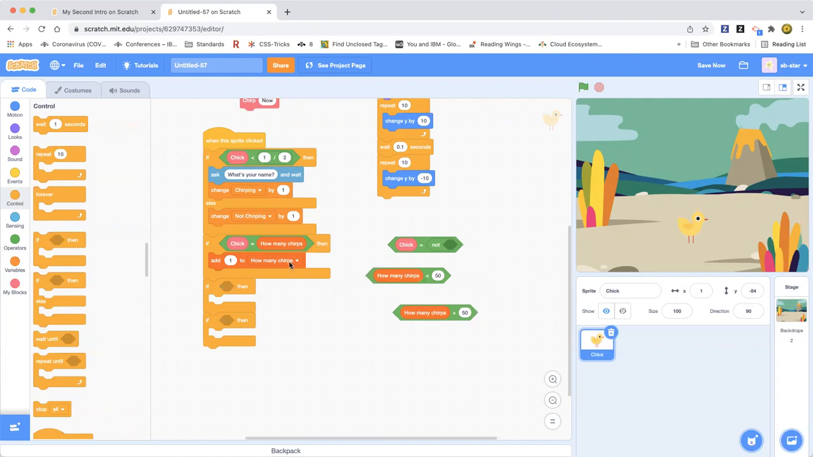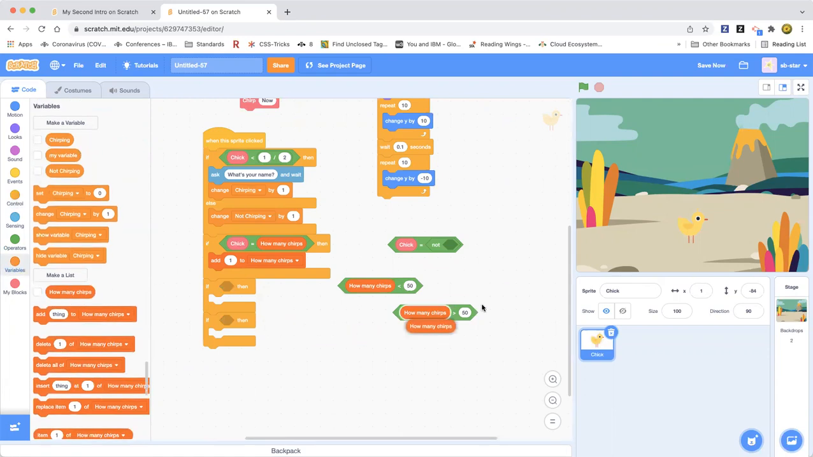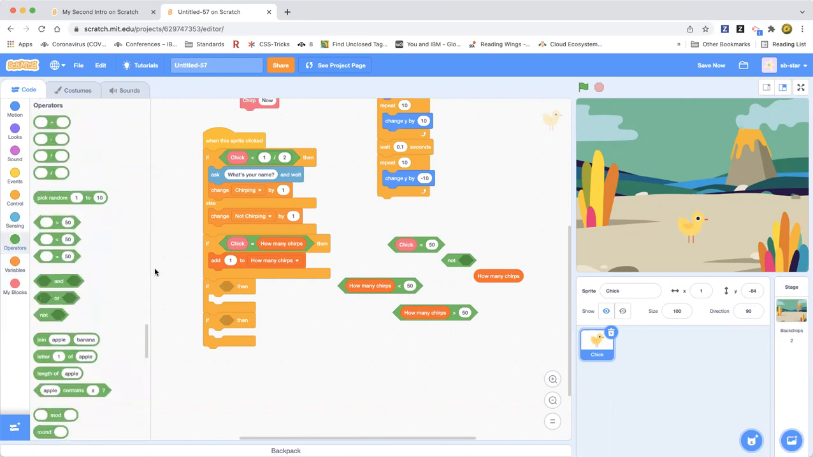Chick equals how many chirps, do that. If chick equals not chick equals how many chirps, so what we're going to do is we're going to go to operators, then get an equal sign. If chick equals how many chirps, not chick equals how many chirps,